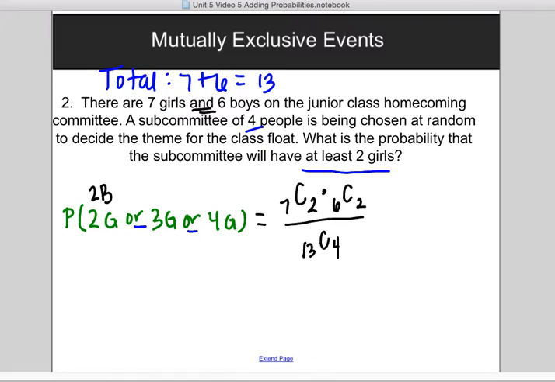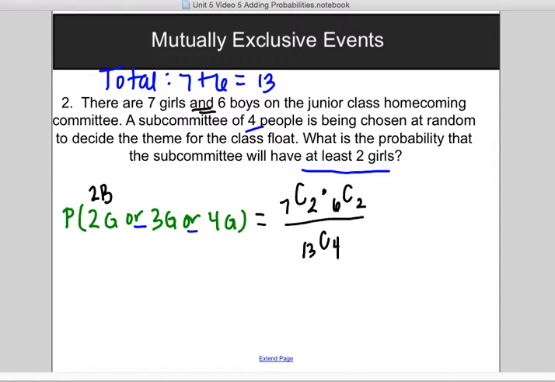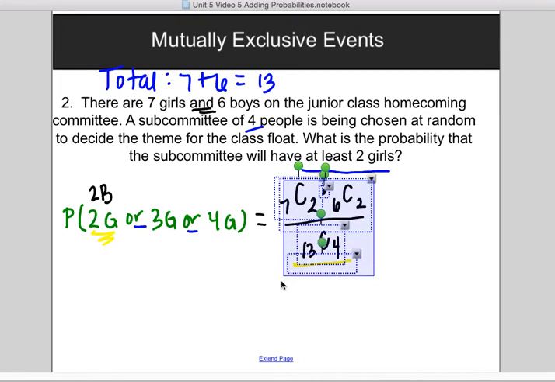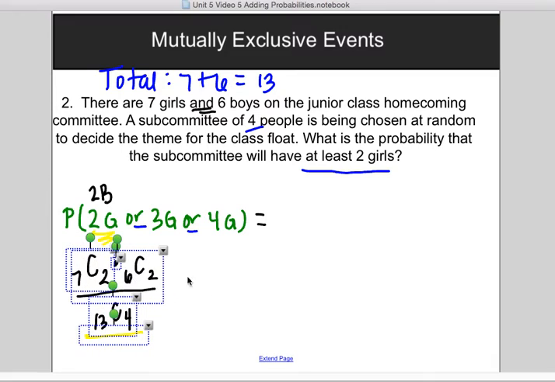Okay, that takes care of this first piece. So this is for this. Moving on to the next piece, that's where I know my addition comes in, because of the or. I'm going to write this all down here. So I'm going to add